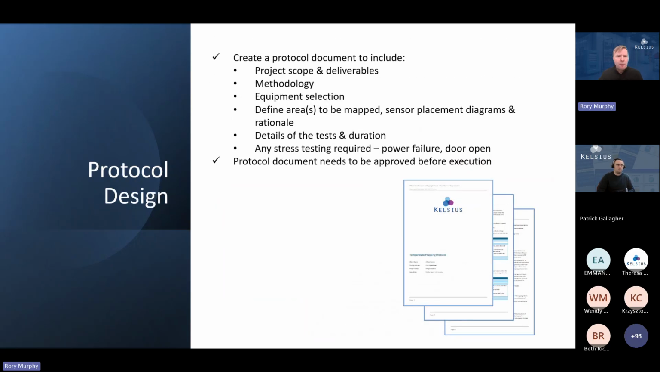After the project scoping, we move into the protocol design phase. So we're going to create a protocol document which is going to outline the project scope and the deliverables. It'll outline the methodology. We will select the appropriate equipment that's going to be used in terms of temperature sensors